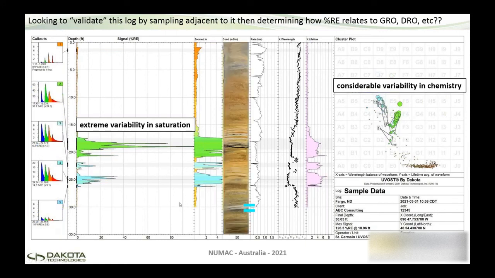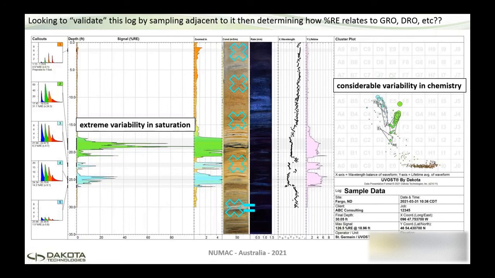Okay, so when you bring that core up, where are you going to take that sample to determine how this instrument responded? Okay, are you going to take it up there? And let's say that core came from this zone here, right? You're going to have to decide in daylight which soil represents which one of these readings. It's impossible. Are you going to take it here or there? Maybe there, maybe there? Well, you're kind of blind to what was really happening,